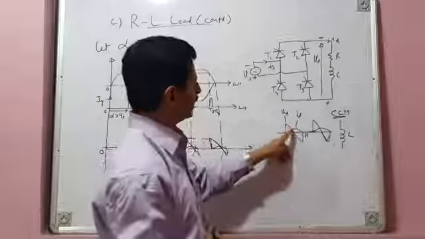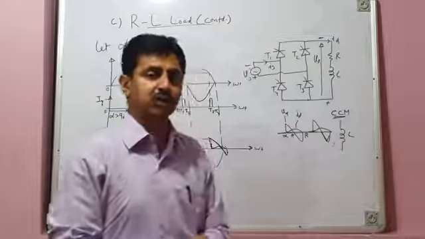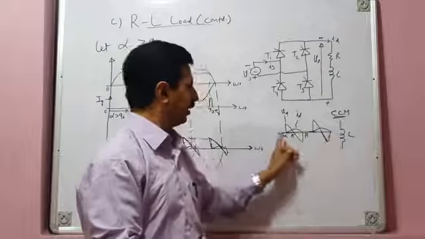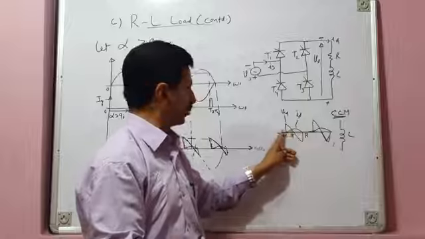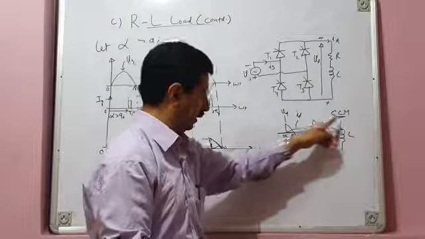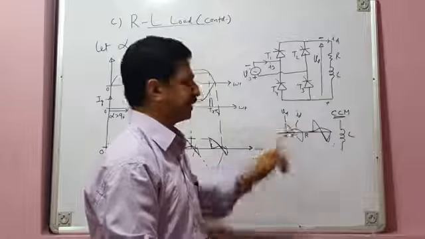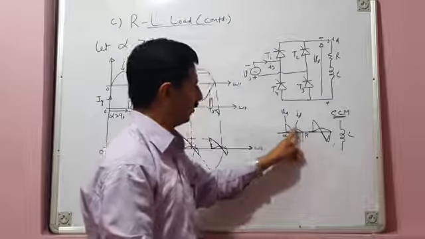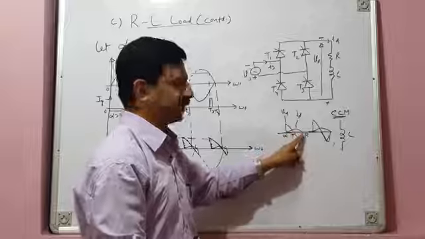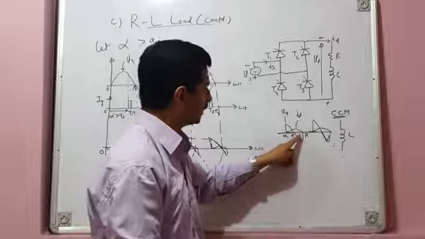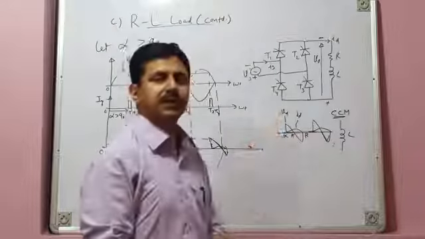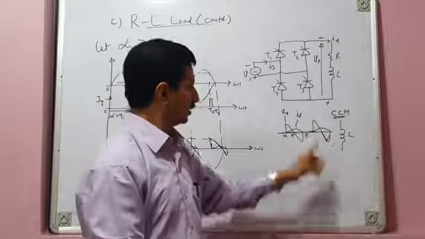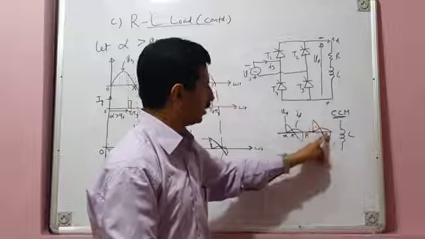That means positive volt seconds is equal to negative volt seconds, and that has to be true again, since the load is purely inductive. Whatever energy it stores when current rises in it, when positive volt seconds are there, it has to release the same energy when current falls, or when negative volt second area is there. So negative volt second area has to be exactly equal to positive volt second area. That means energy released has to be equal to energy stored. Similarly here, energy stored is equal to energy released.